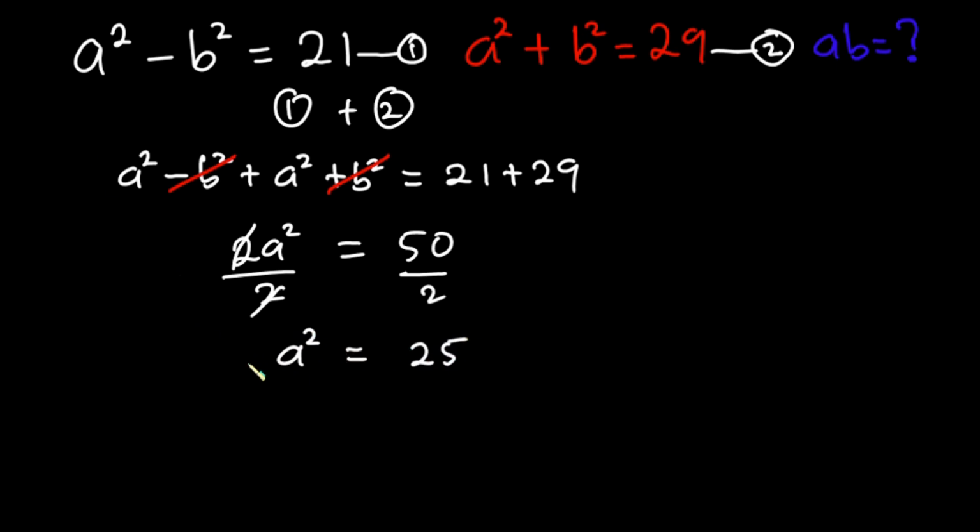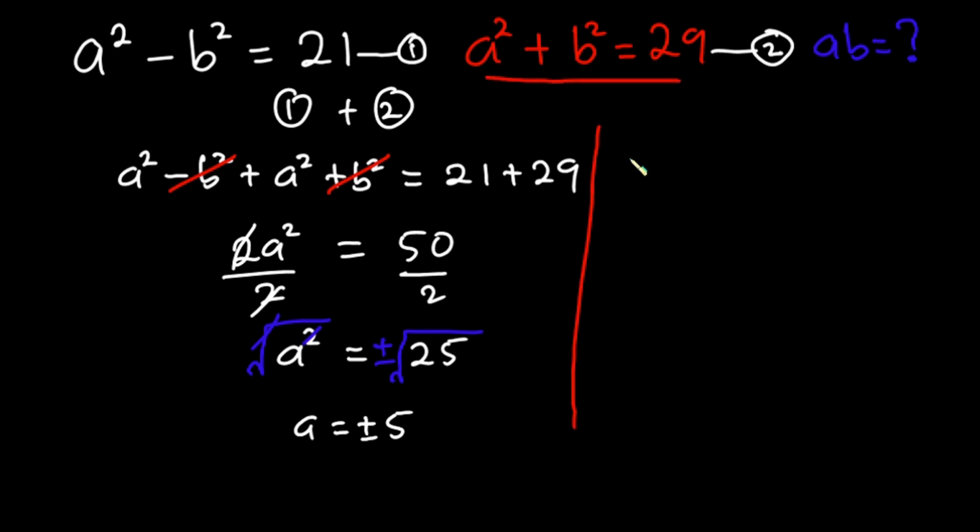Now let's go ahead and take the square root on both sides of the equation. But don't forget we have plus or minus here. Now this square will cancel the square root, so we have a is equal to plus or minus 5. So now that we know the values of a, we can go ahead and find the values of b